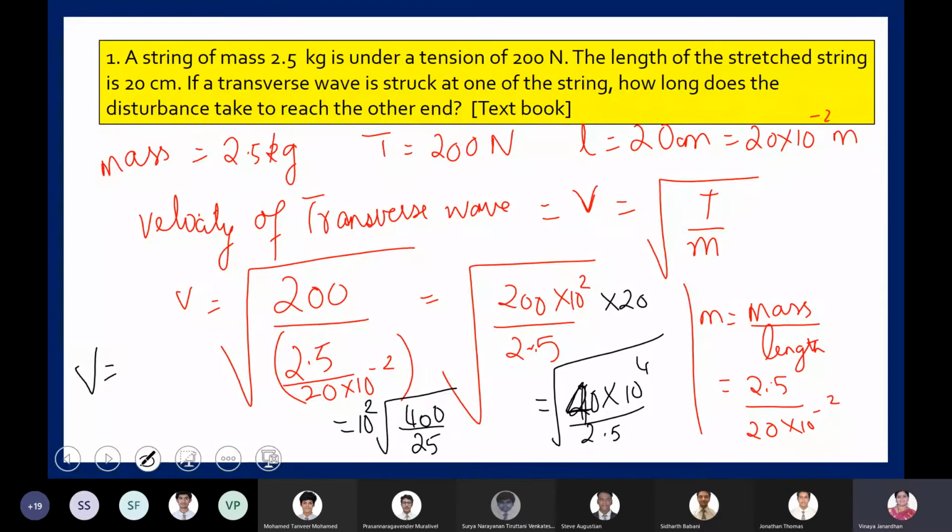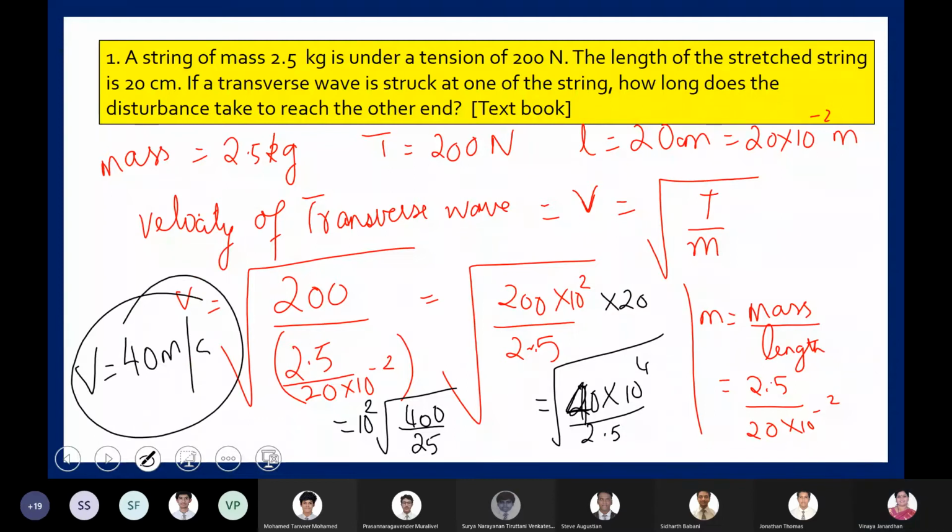So it comes to be 40. Just check whether it's correct or not. Is it 40? I'm getting 4. See, 200 tension divided by mass per unit length is